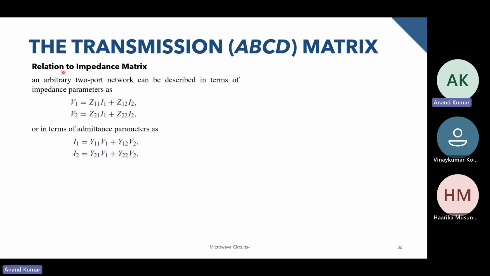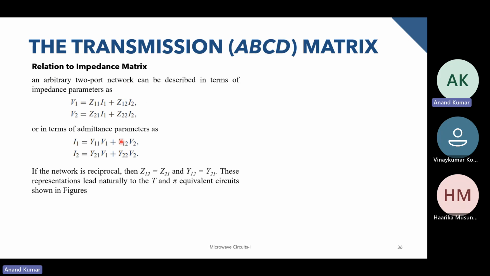Okay, and now the relationship to the admittance matrix. Again, the admittance matrix is given by this relationship over here. And you can use the same thing that we did in the previous slide to find the relationship between Y11, Y21, Y12, and Y22 in terms of A, B, C, and D. Now, if the network is reciprocal, Z12 will become equal to Z21, or Y12 will become equal to Y21. And in that case,